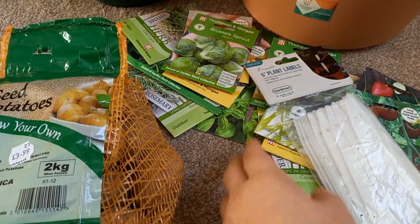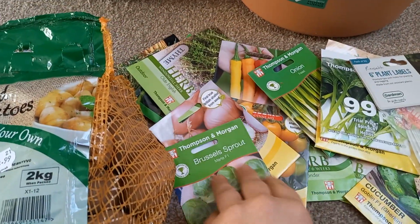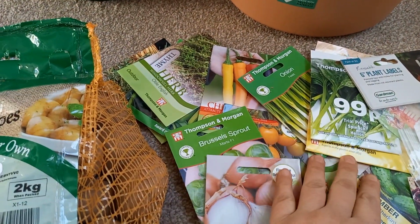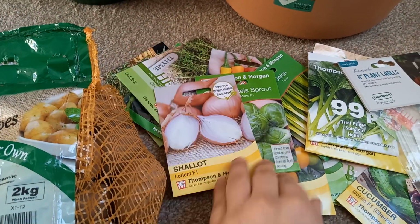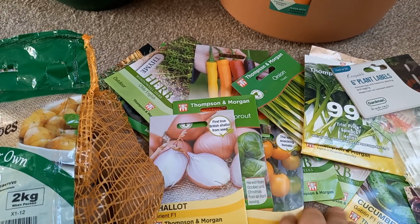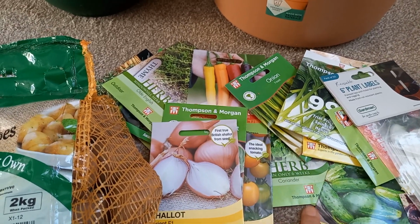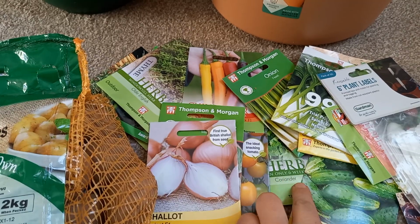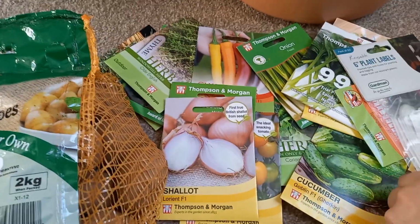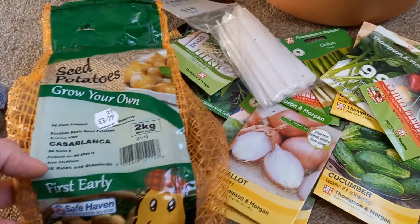And although I felt this was a lot of expense, I don't think it's actually a huge variety of things. We've got like kind of three types of vegetable to go with meat. And I think we've got cucumbers, spring onions and tomatoes. So that's just lettuce, and that's the salad. And then we've got 3 types of herb. So, in terms of types, I don't think we've been too excessive, although it's expensive. But once we've got potatoes,